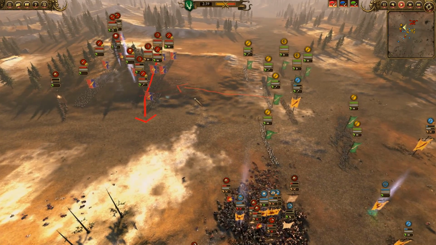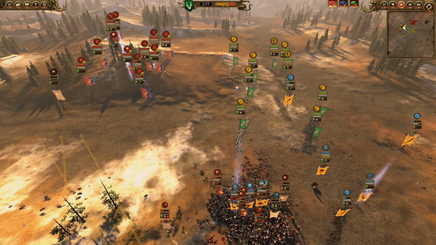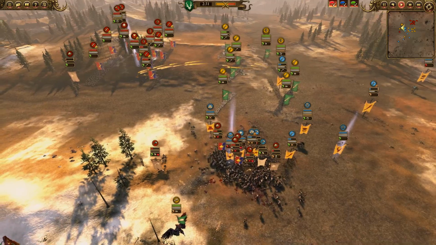Yeah, they're kind of moving. I don't know. They have the moving symbol, but they're not actually moving. That's really weird. Anyway, we're going to start applying pressure to the Bretonnian player,